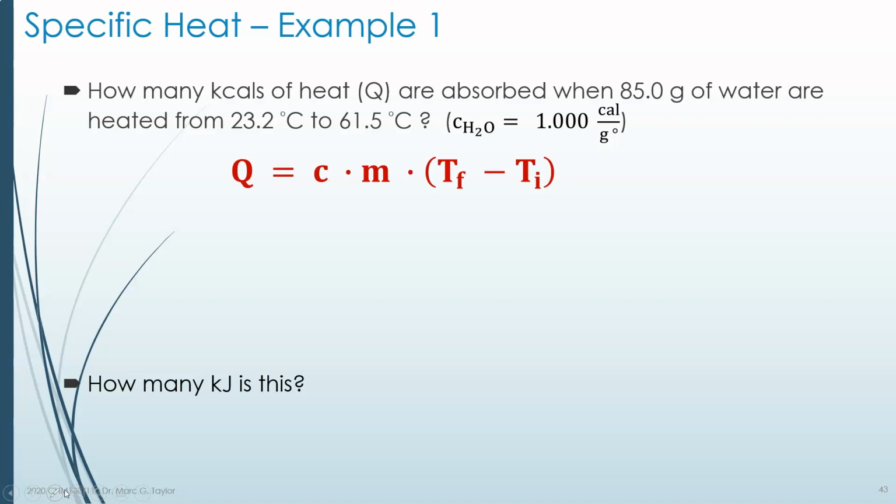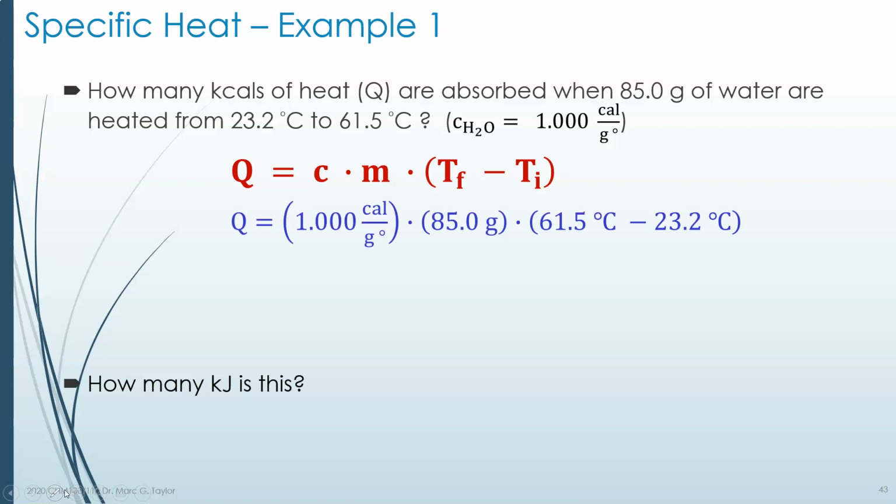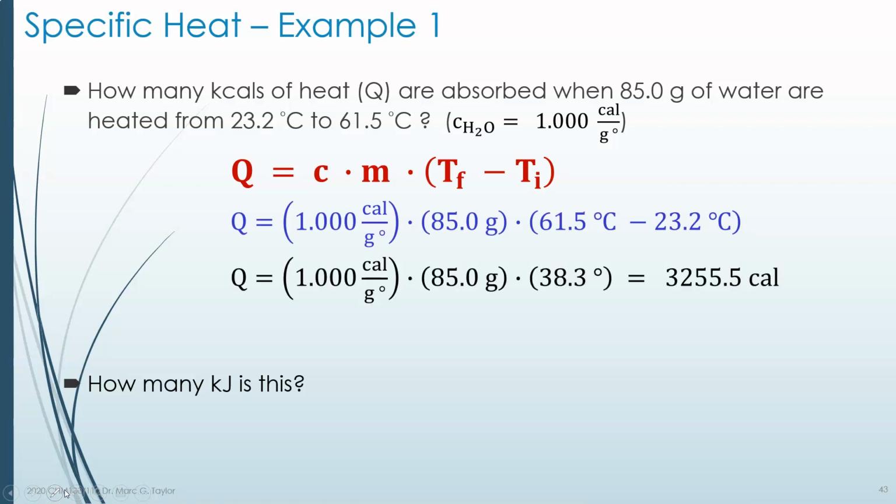So what do you have? You have the original formula. We have everything but the actual heat. We know the specific heat, it's 1 calorie per degree gram. We know the mass, 85.0 grams. And we know the before and after temperatures. The final is 61.5, and the initial is 23.2 degrees centigrade. We plug these in, and we get 3,255.5 calories. Now you'll notice the question asked for kilocalories, so you have to convert that to kilocalories first by